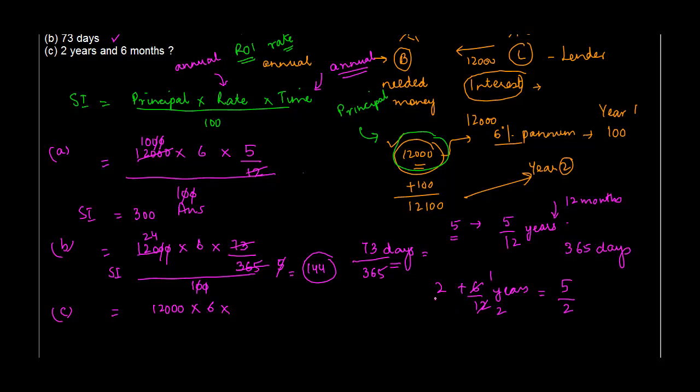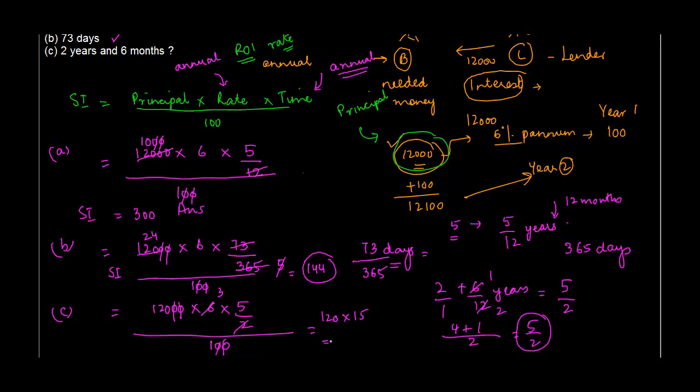So you take the LCM of these two, you will get 2. 2 goes into 1 2 times, 2 times plus 2 is 4, plus 2 goes into 2 1 time, 1 time 1 is 5, 1. So 5 by 2 years, 5 upon 2 years, divided by 100. Again, knock this off against this 2. 2 goes into 6 3 times. 3 times 5 is 15. Into 120, 120 into 15, 12 into 15 is 180, so 1800,